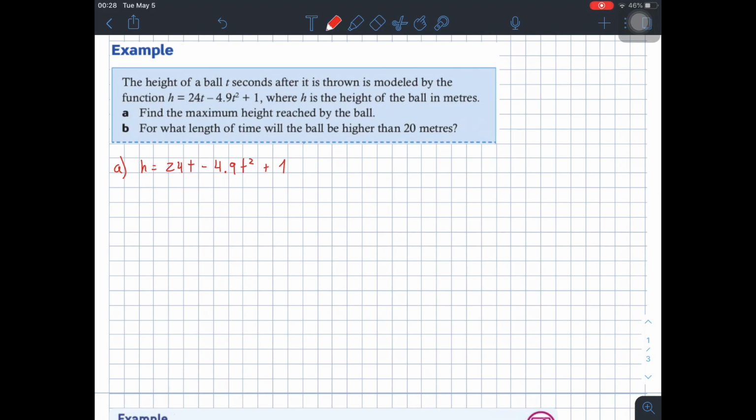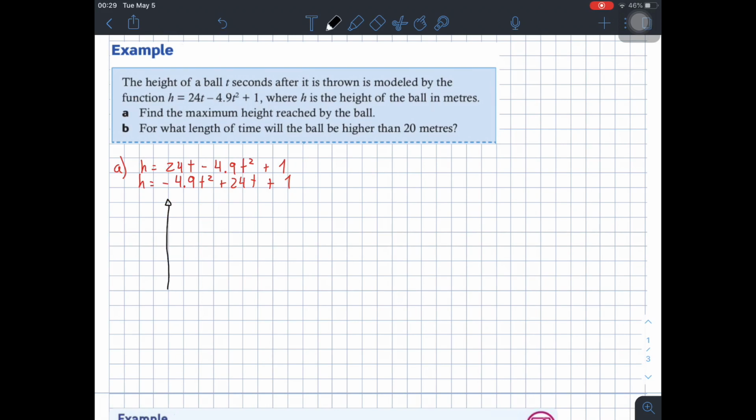So if we want to find the maximum height, once again, let me rearrange this formula in order to see it as a quadratic function. Minus 4.9 t squared plus 24t plus 1. So you see that this is the general form of a quadratic equation, and once again, the value of a is a negative number. So if we make a quick sketch of this,